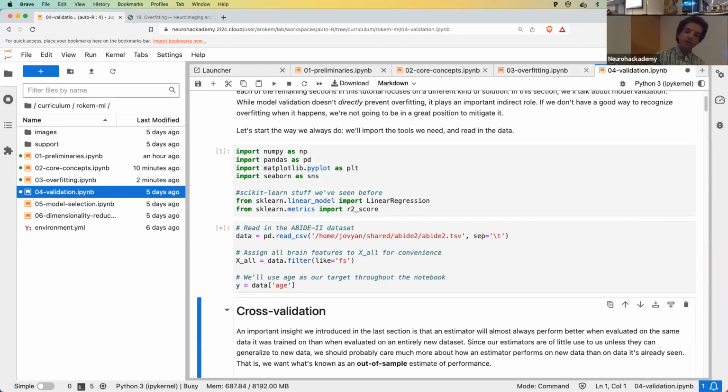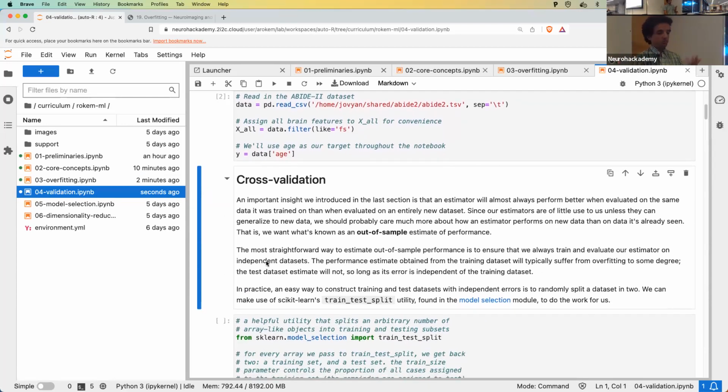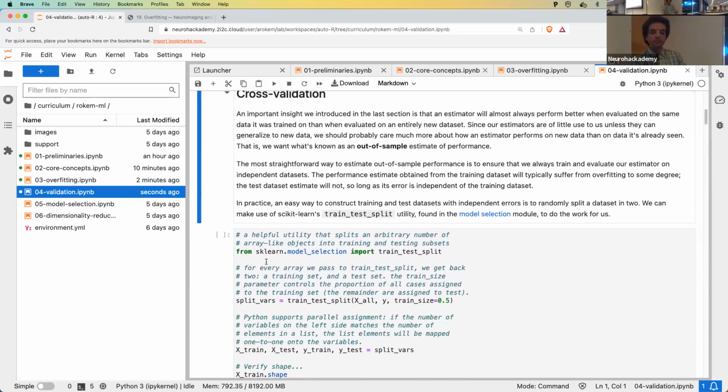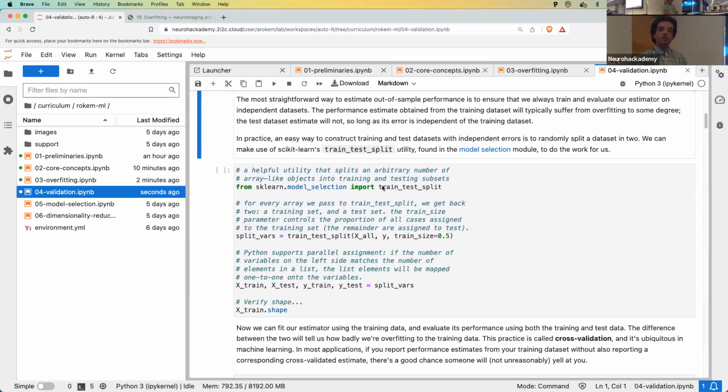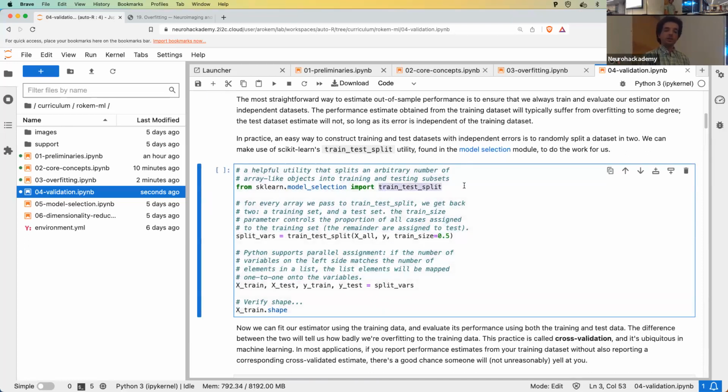Again, we're going to read in the abide2 data set. We're going to take this X all and the age. So we're doing age regression or age prediction again. And now we're going to use a neat little function called train test split that splits the data by rows. What this does is it receives two arrays in this case. It can receive more arrays if you want. And because we said the train size should be 0.5, it splits each one of these arrays, both the Y and the X, into two